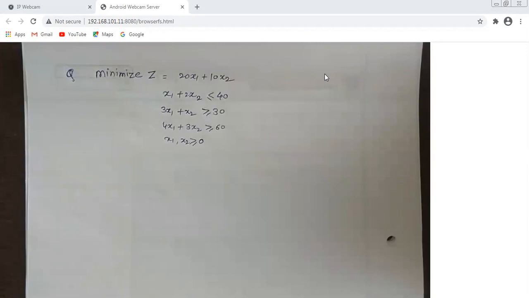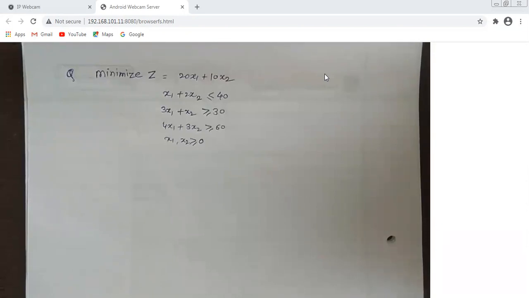Now I am expecting the answer from your side. Okay, so take a screenshot of this numerical. I have directly given the final formulation of the LPP. You don't need to form the tabular form. After that, you don't have to make decision variables, all those things.